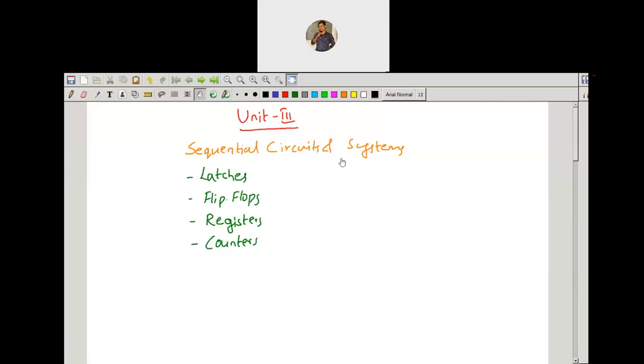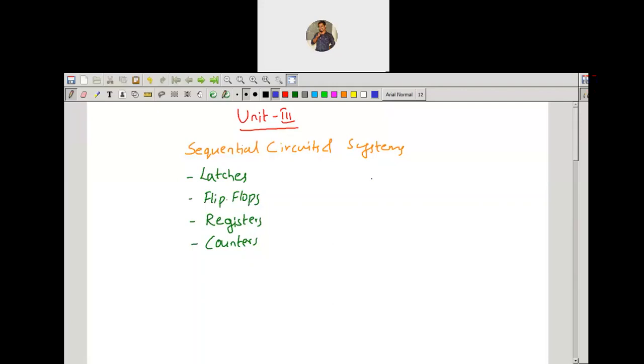And here, I told you what a combinational logic circuit is. We observed that in a combinational logic circuit, the output depends on only the present input. In combinational logic circuits, the output depends only on the present input. That we call a combinational logic circuit. Now coming to the sequential logic circuit, here the output depends on the present input as well as the previous output. Present input as well as the previous output, that we call a sequential logic circuit.